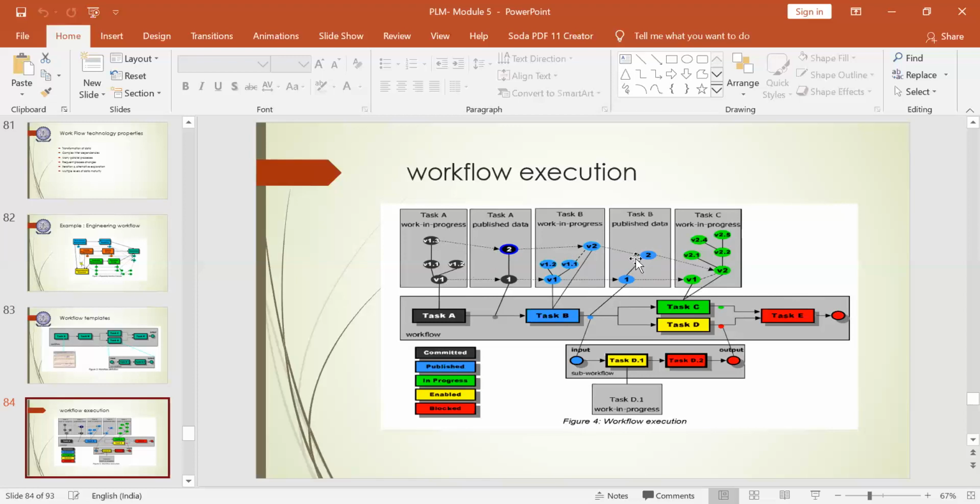So looking at the workflow execution, one can take an action, a decision on the spot, because product data technology helps technically every process, which is different from product data management. So this is about how the workflow will be executed with the help of product data technology.